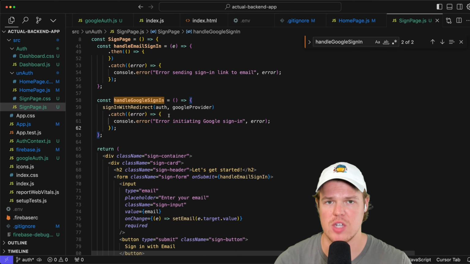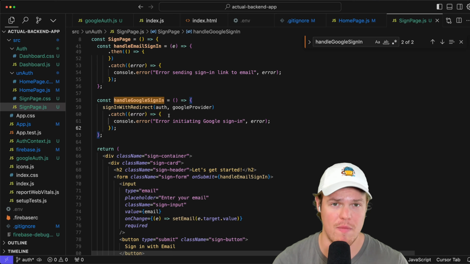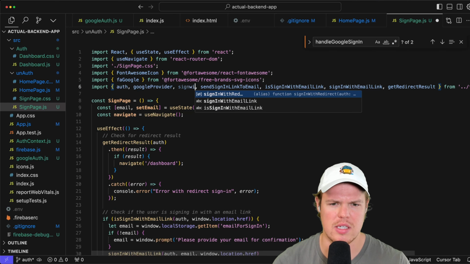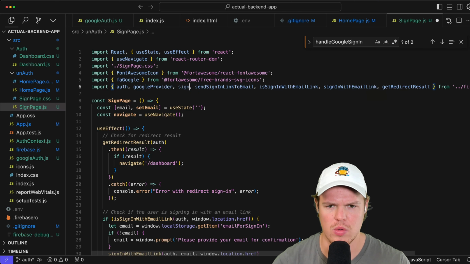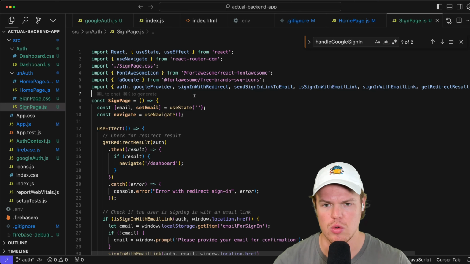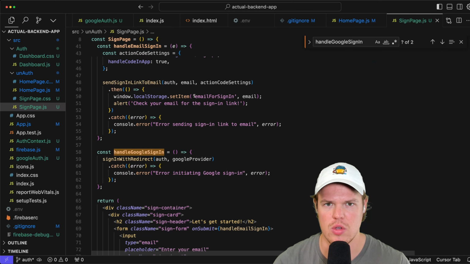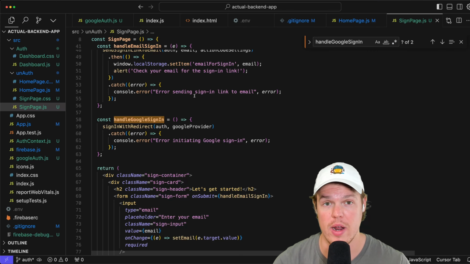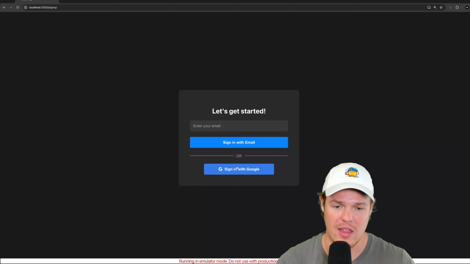Now, you have two ways of signing up with Google or signing in with Google. It's either sign in with redirect or sign in with pop-up. What I've noticed with code outputs is that for some reason, it likes putting in sign in with pop-up, which obviously means that if I click sign in with Google, it's going to give me a pop-up. I'd encourage against this just because some browsers have security measures where pop-ups are blocked. So I would opt for sign in with redirect, which means that when I click sign in like this, we're